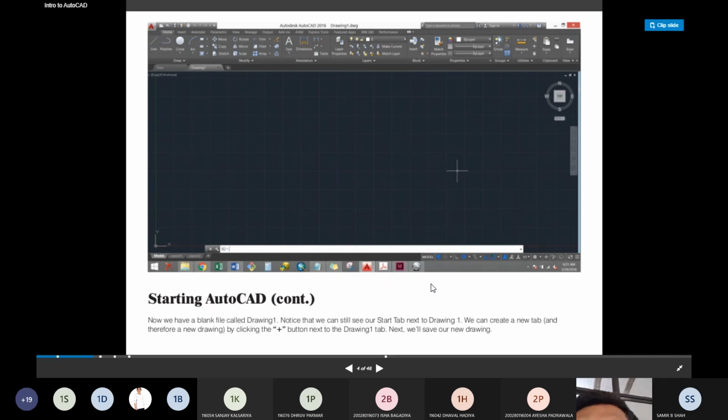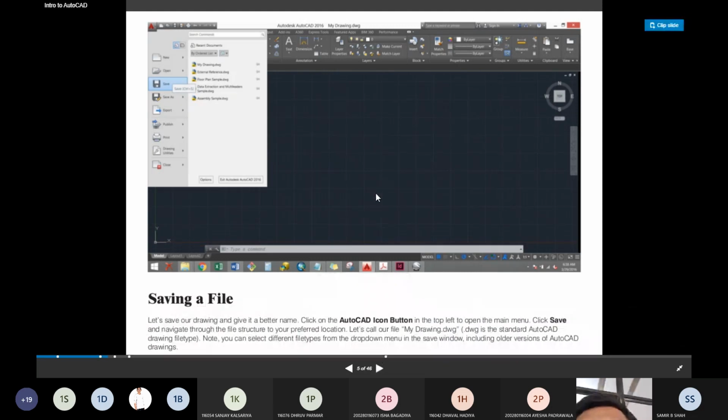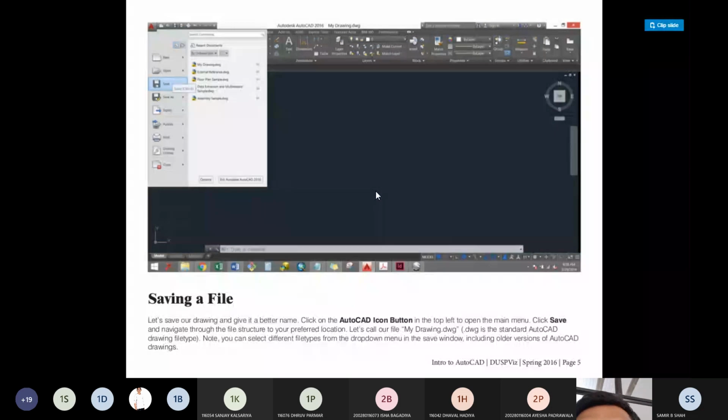And then we will save our new drawing. How to save the file we have prepared on the AutoCAD screen? If you want to save, then definitely we have to provide a proper name.